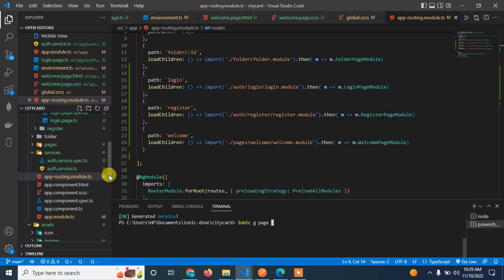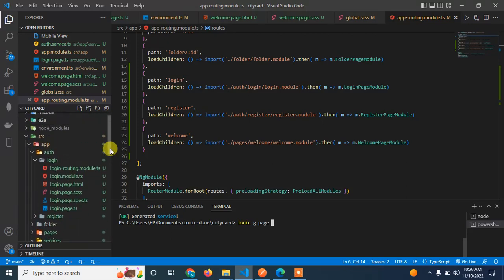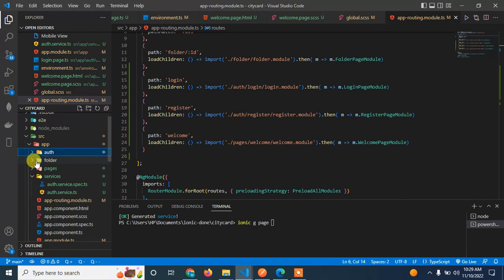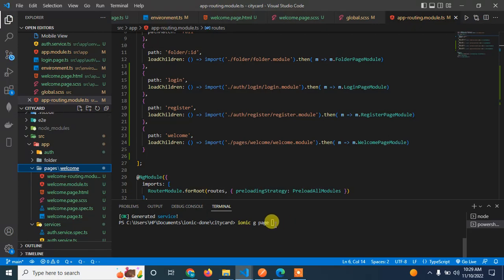I have pages, I can put it in pages, or let me put it in a folder called customers, so that we have all the pages for customers in one place. Okay, so ionic generate page